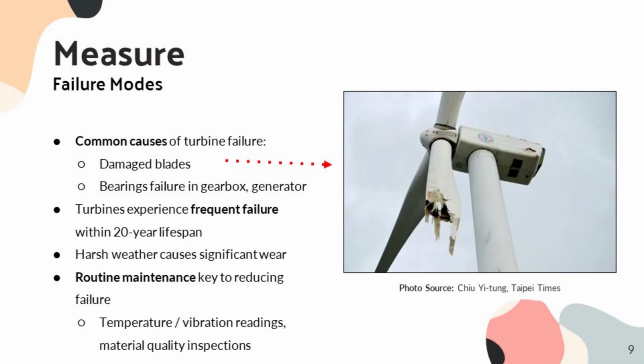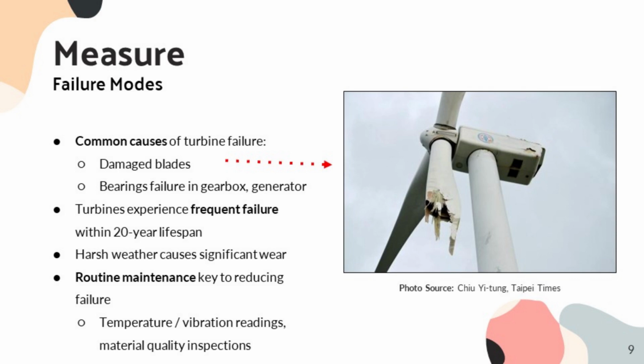So let's take a look at why turbines fail. Most turbine failure is caused by the blades, aka the propeller, being damaged, or more commonly, the bearing failures within a gearbox. Now, turbines are infamous for having all kinds of failures within their 20-year lifespan, even though most failures aren't really that catastrophic as much as they are annoying because of the need to stop the turbine operation for